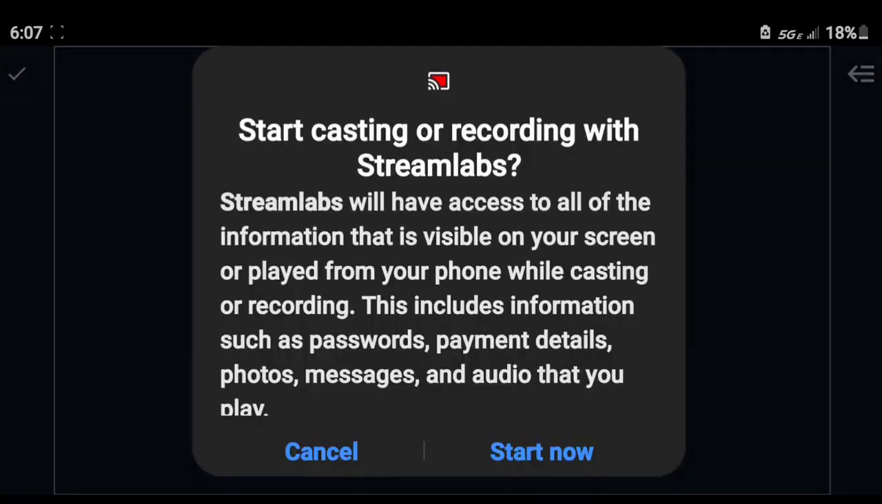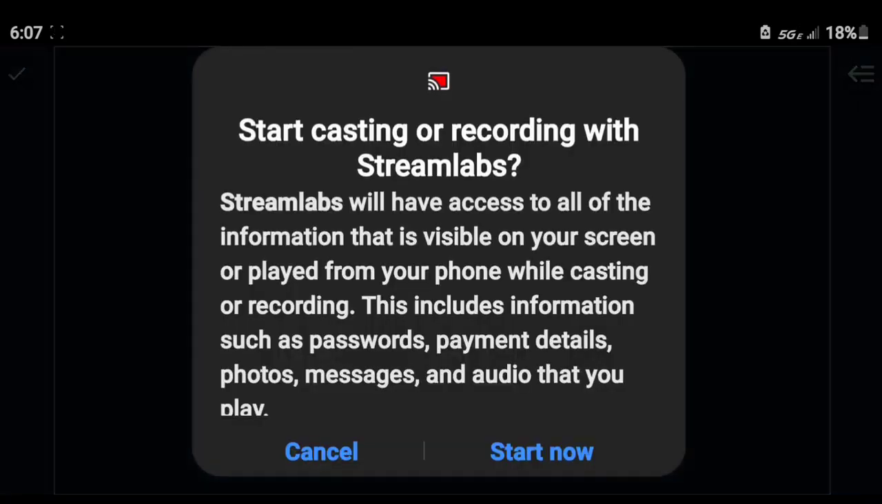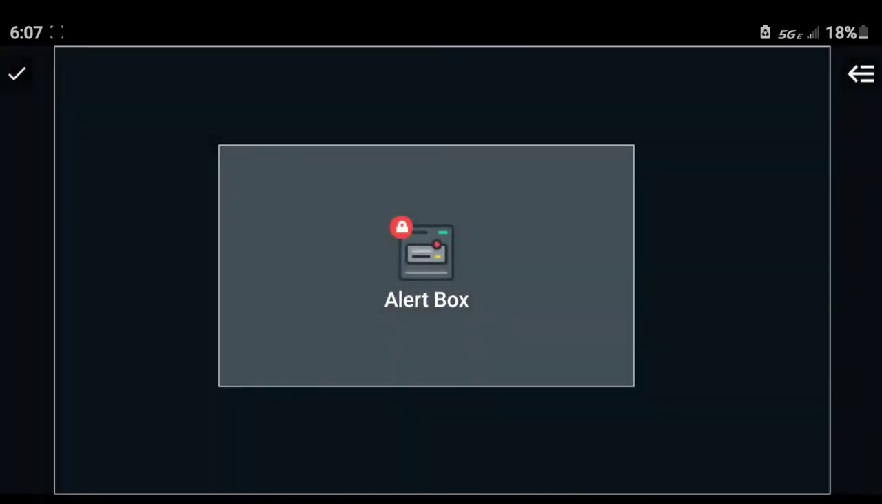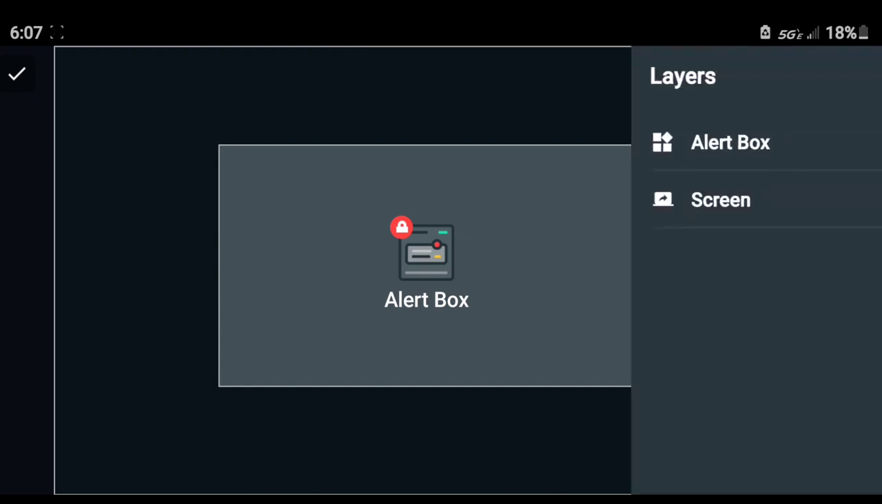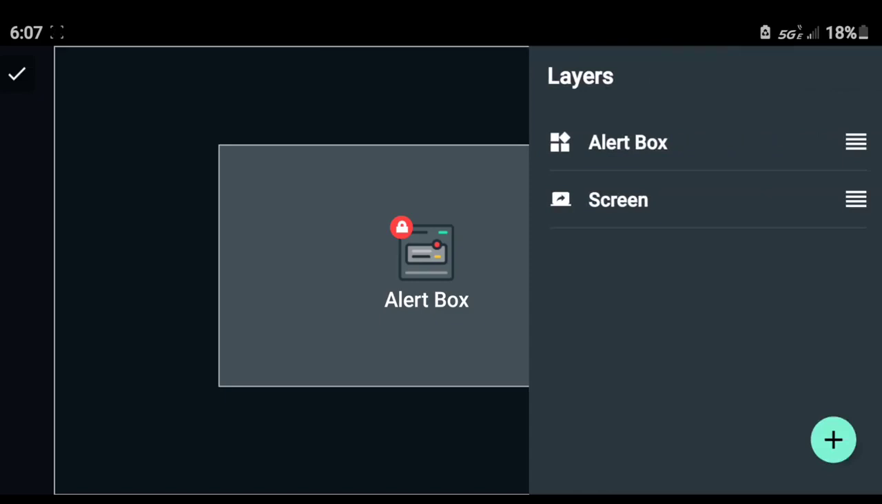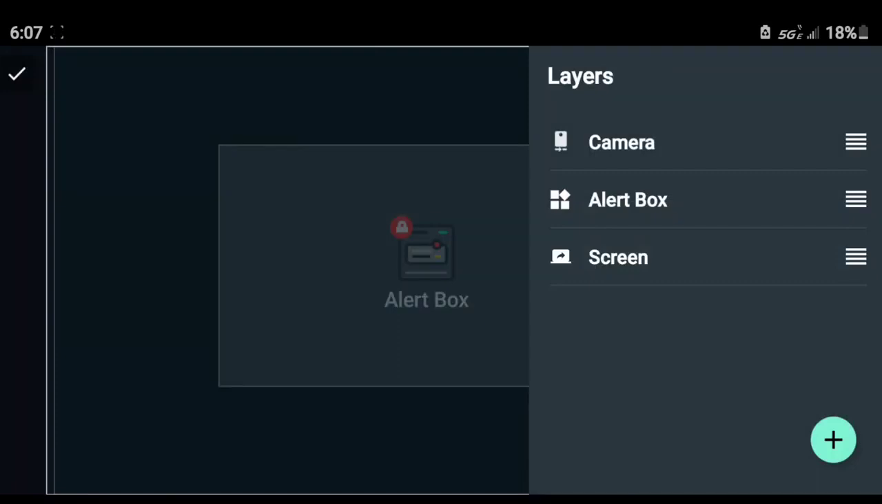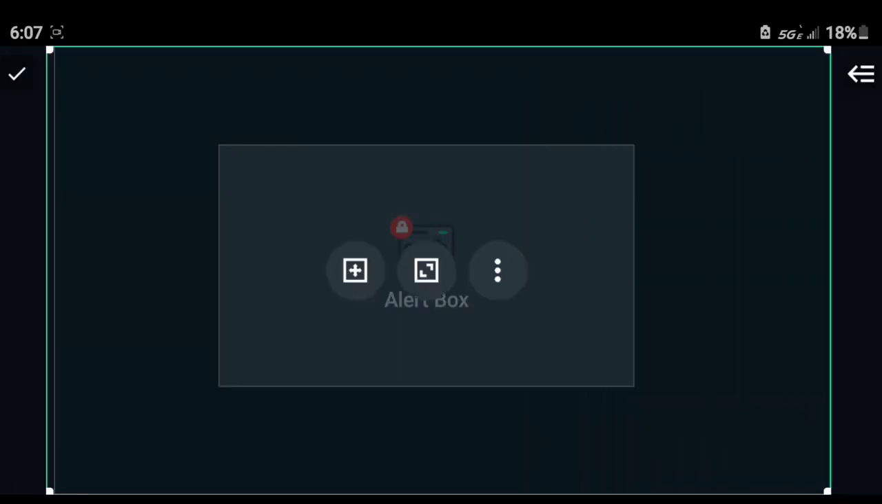So when we hit the editor, this will come up. You should hit start now. I'm going to hit cancel because otherwise it'll stop my video recording. In the top right hand corner, once again, there is the layers tab. So we'll hit the layers tab. We will add a layer. We are going to add a camera. So now the camera is added in. We will minimize this